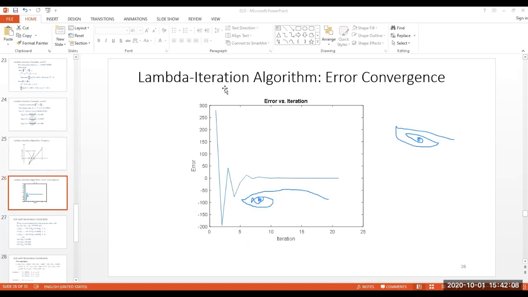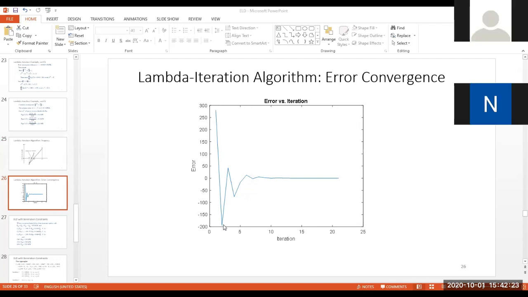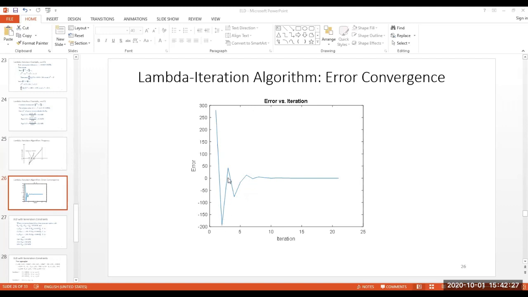It started from some very high value of error, and then the error came down to some negative value. Remember, the first error was positive, then we came down to some negative value, and then again positive, then again negative, again positive. You see the oscillation. Finally, probably within 10 iterations, you will come to some